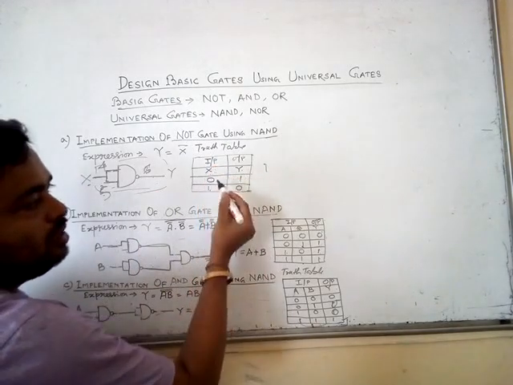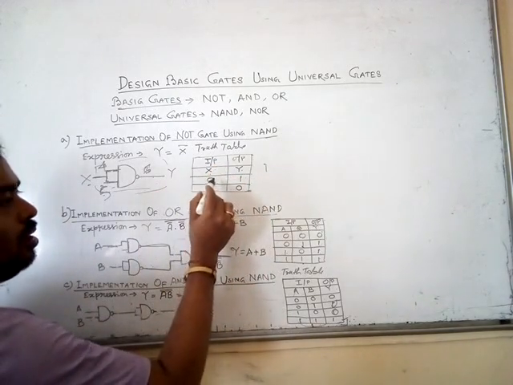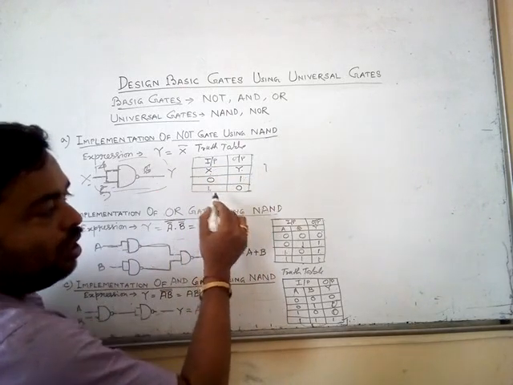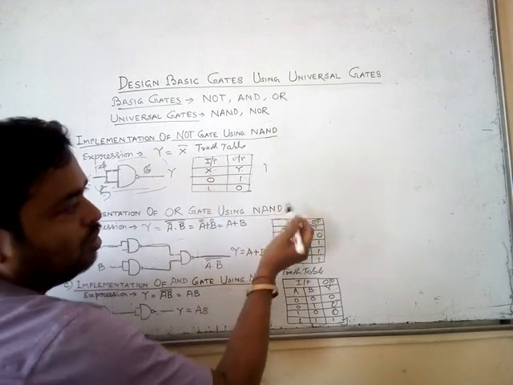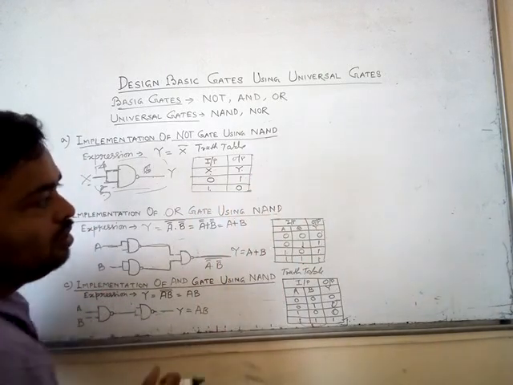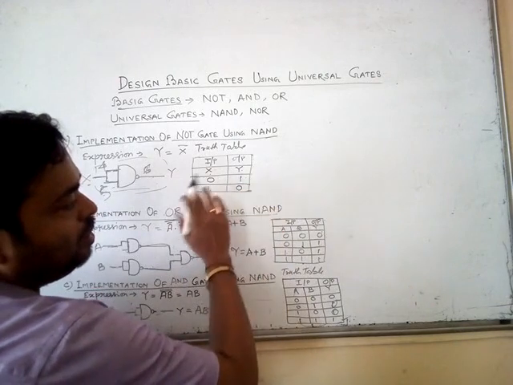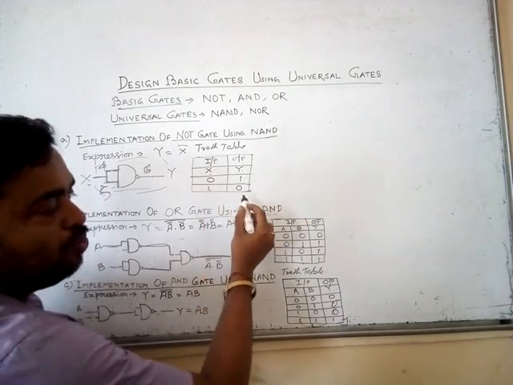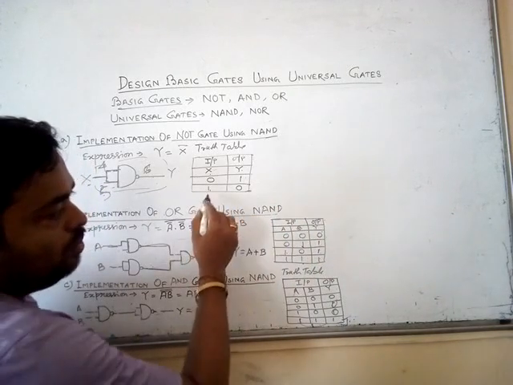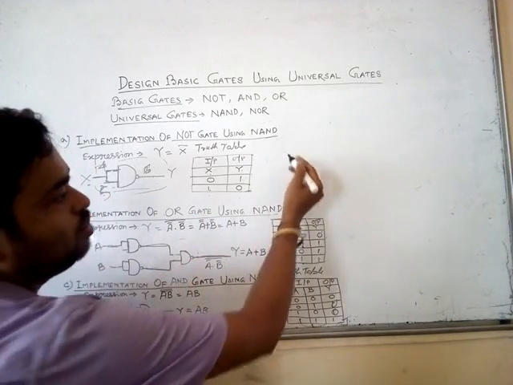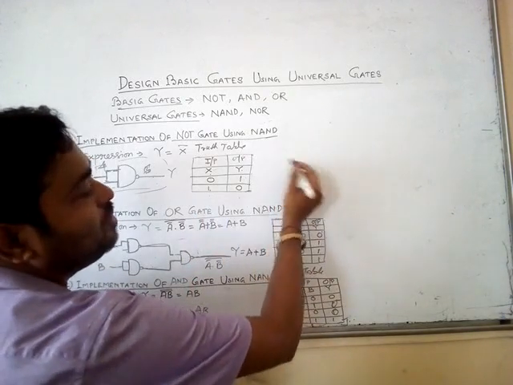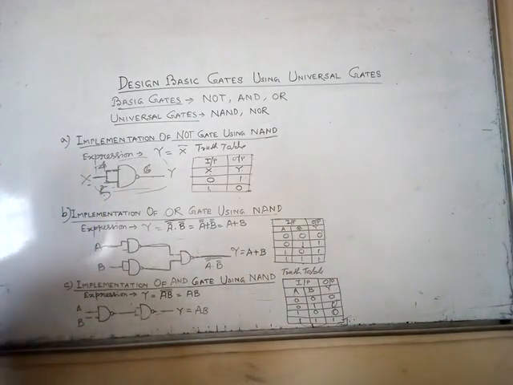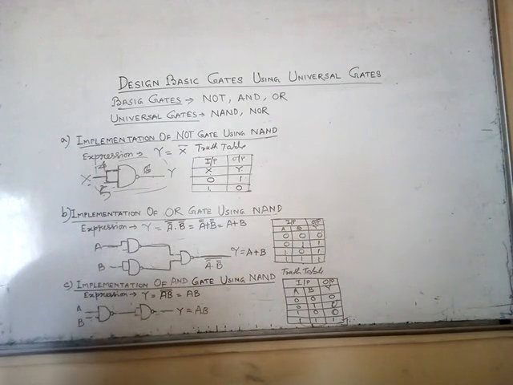So we can see the truth table. If we take input 0, output will be 1, and if we give 1, output will be 0. So we can see the output is changed: whenever input is high, output is low, and whenever input is low, output is high. So we can tell this is an inverter IC. Inverter IC, why? Because if we give high input, then output will be low, and if we give low input, output is high.